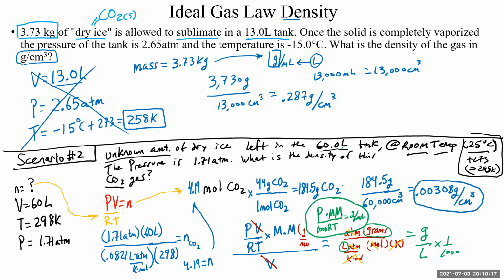The 1,000 is only there to convert from liters to milliliters. The alternative is, of course, just to remember 0.0821 liters atmospheres, or you could just memorize that as 82.1 milliliters atmospheres per Kelvin mole. It might even be more useful since oftentimes you're using milliliters rather than liters. So if you wanted to build the conversion to milliliters right into your R gas constant, you could do that.